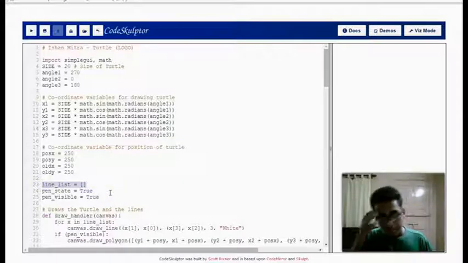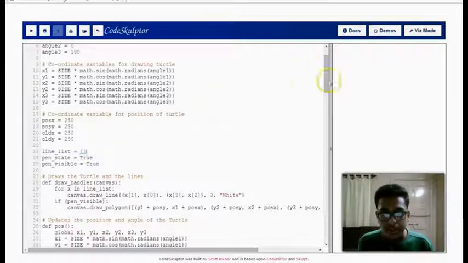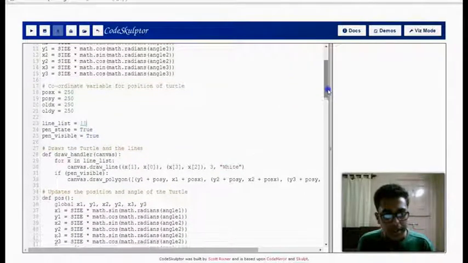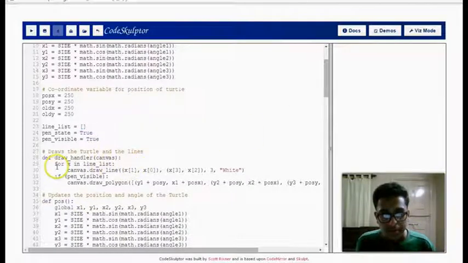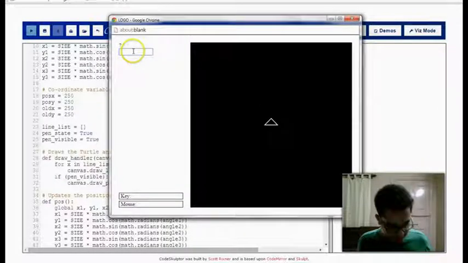Line list is a variable which stores an empty list at first, and whenever the turtle moves forward, it stores the turtle's current position and the position it last was. So the advantage is that for every X in line list, here X represents all the lists within my line list, it will draw a line from X1 and X0. Here this represents my POSX and POSY, and X3, X2 represents my old X and old Y. So in this case, if I type FD50,